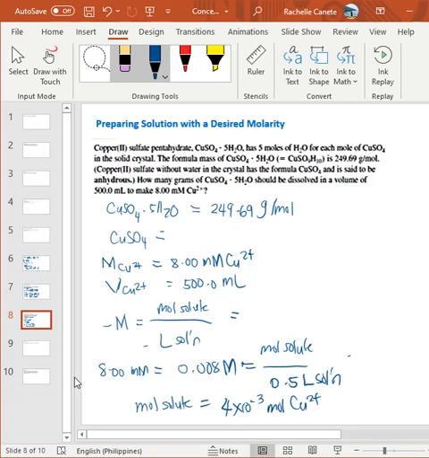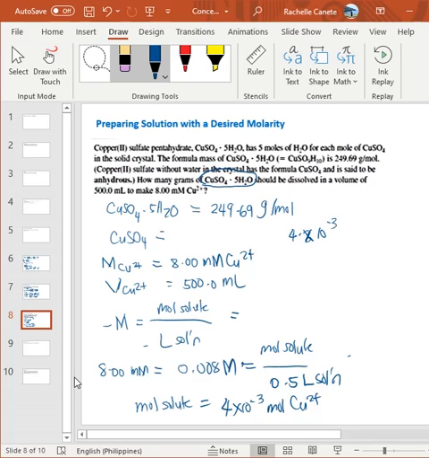So we only have copper 2 plus. If we use copper sulfate pentahydrate, which is what's being asked, not the anhydrous one, then the molar mass we will use is that of copper sulfate pentahydrate, because that's what we will weigh. The 5 molecules of water are included in the weighing. So when you compute, you use copper sulfate pentahydrate so the mass of the water is included. Okay, so we have 4